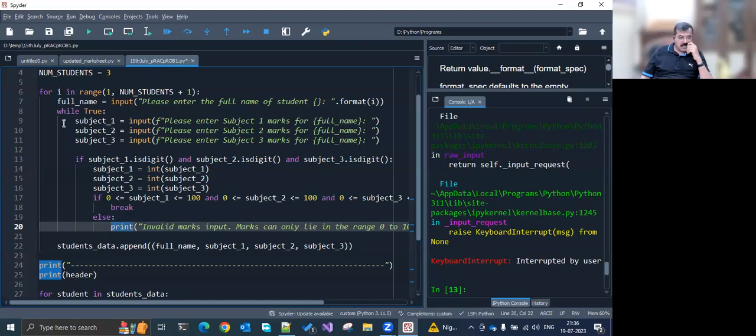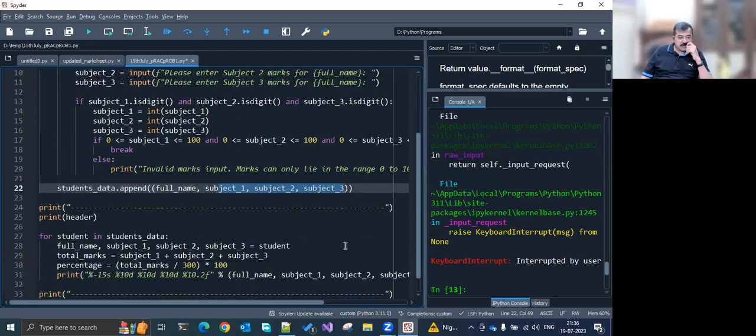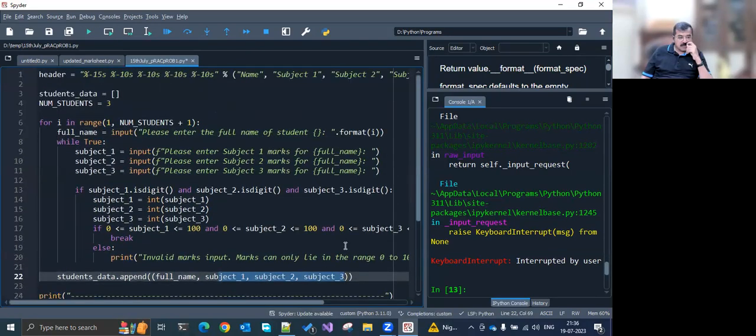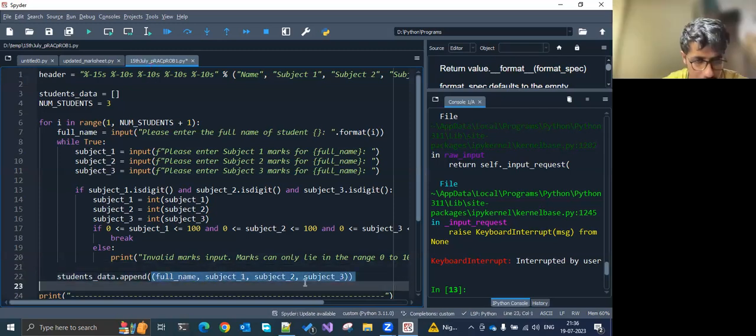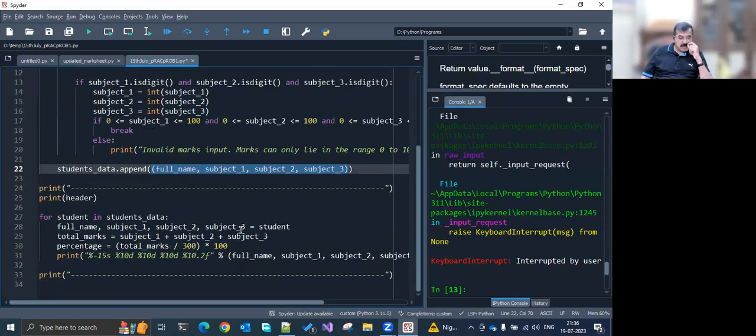And once I come out of this while loop, then append the name and marks in 3 subjects. ओके, तो आपके पास लिस्ट है जिसमें एक नाम है और 3 सब्जेक्ट के मार्क्स है। ऐसी एक लिस्ट है सिर्फ। तो आप लिस्ट में एक टपल ऐड कर रहे हो, तो ये टपल है करेक्ट। Yes, sir. तो यू आर डूइंग लिस्ट ऑफ टपल्स, ठीक है, आगे देखते हैं।